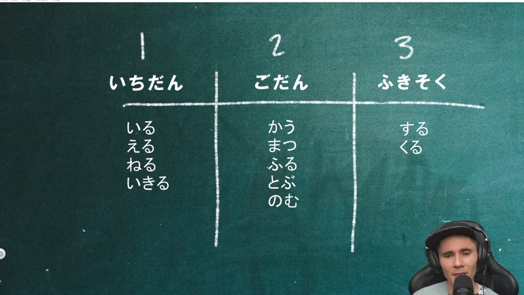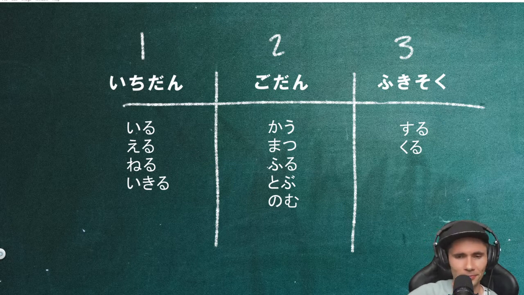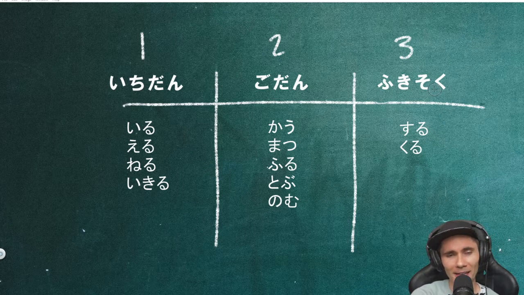Okay, so in Japanese, there are basically 3 different types of verbs. I call them ichidan verbs, godan verbs, and fukisoku verbs. And the reason why is because